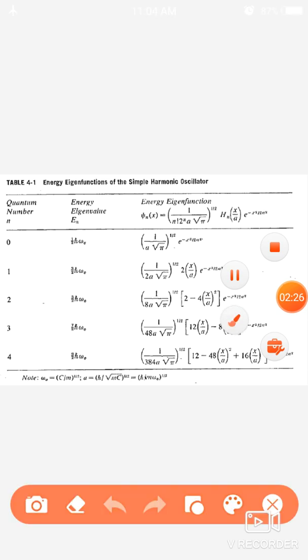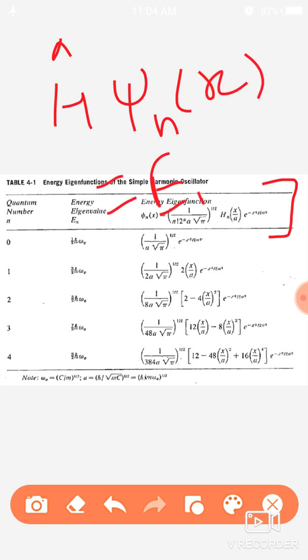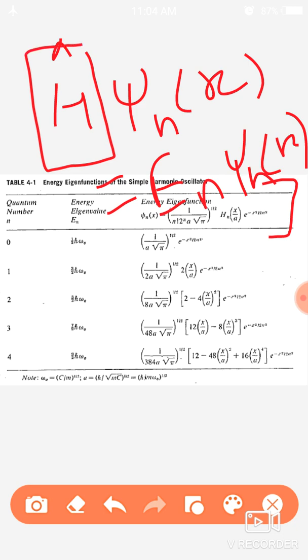Quite simply, we solve this function corresponding to a state, then H operated on psi n x equals E n psi n x. Here H is the Hamiltonian of the linear harmonic oscillator and